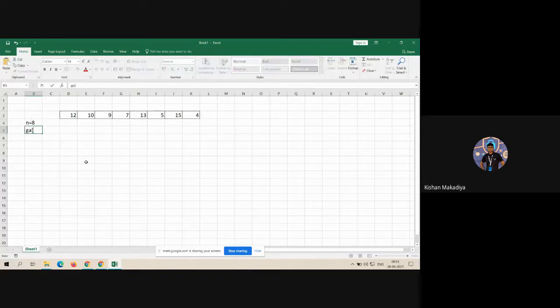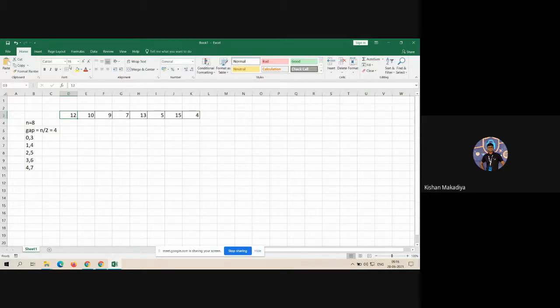Initially the gap is normally n by 2, which is 4. That means you are comparing the elements at index 0 and 4, 1 and 5, 2 and 6, 3 and 7, and so on. So this way we compare the numbers in shell sort, and this example we have discussed in the last lecture.